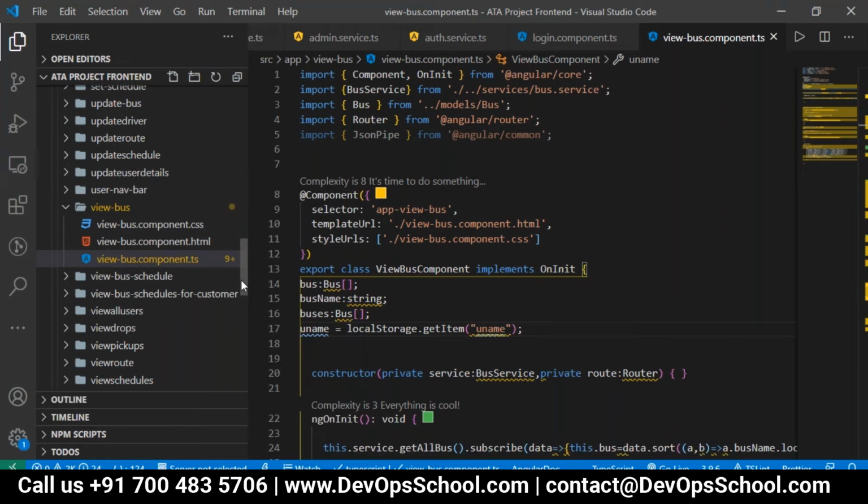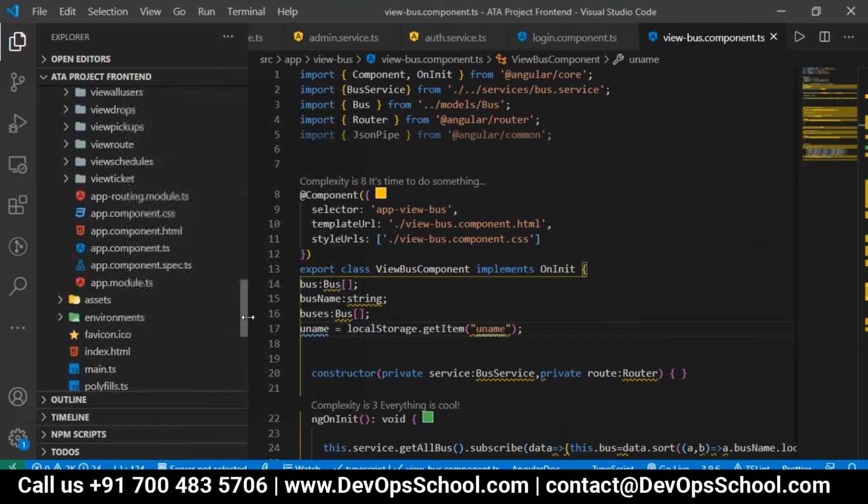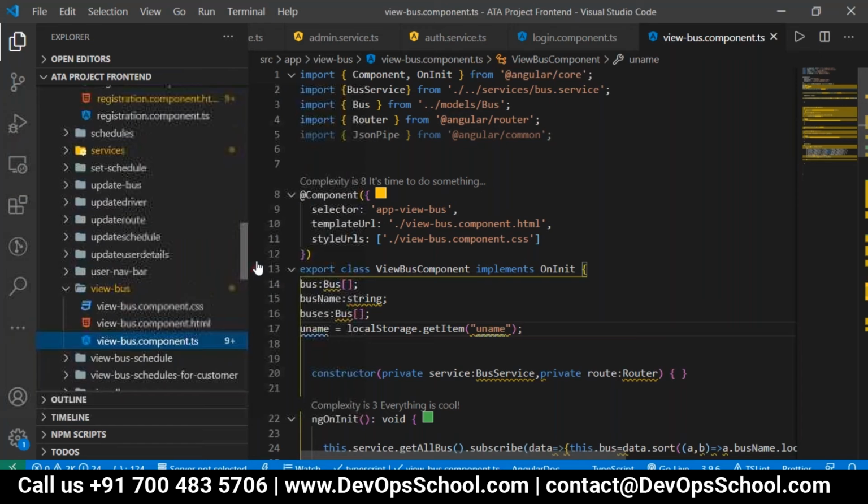We have different nav bars. Currently my nav bar is the admin nav bar. Let me just go to the admin nav bar.